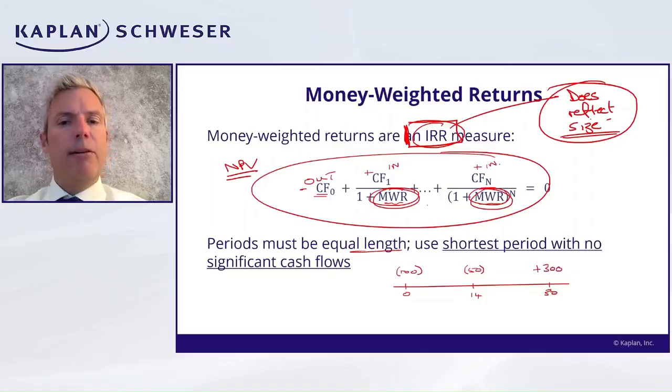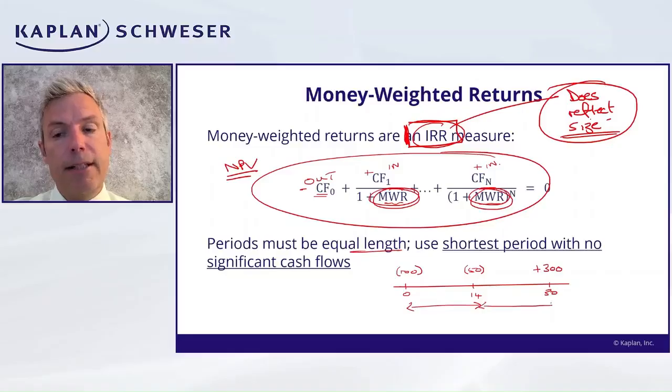If you were to try and calculate the MWR here, we've got uneven periods, haven't we? This period here is 14 days, and that period there is 16 days. So they're uneven. So what would you do? Well, divide your month. This looks like a month to me. Divide your month up into individual days and say that, on time 0, we had a cash flow of 100 out. This 50 out here, we're going to discount it by 1 plus the daily MWR to the power of